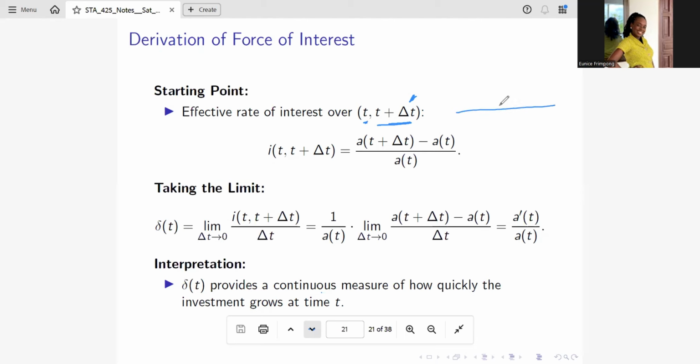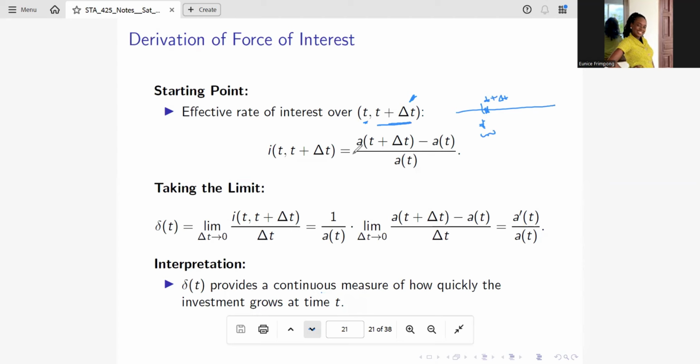If I use a timeline, here may be t, and then a very, very small time later, t plus that small change in t. So this is time t, and the next moment is time t plus change in t. So we want to know what is the effective rate of interest over this period,